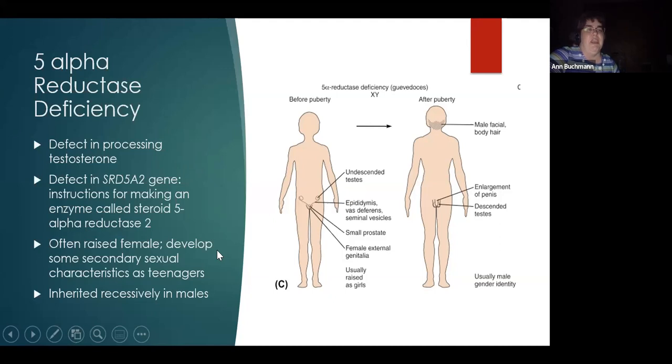But what happens when they get to be teenagers and adults is they will often develop some male characteristics. Their undescended testicles may become enlarged, and they will then descend, and you'll realize that they had testes all along. They may end up with male facial and body hair. So what happens to these women is, surprise, they get to be teenagers, and then they realize that they have some of the sexual characteristics of males. They're usually not fertile,